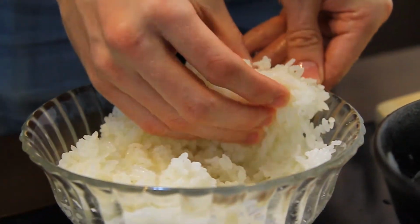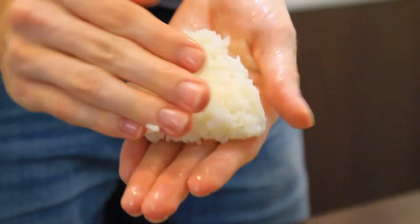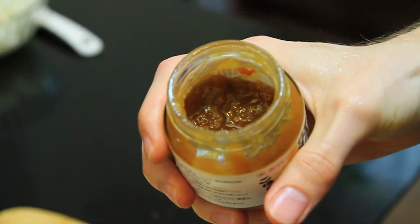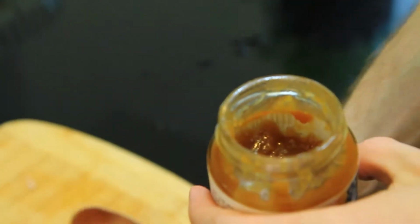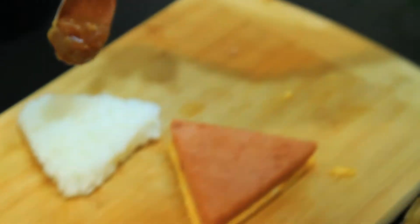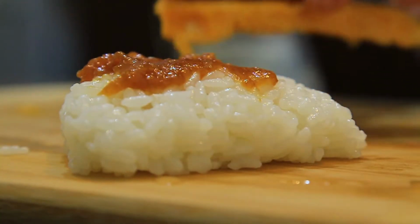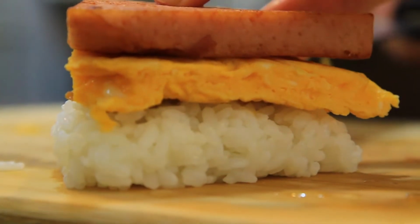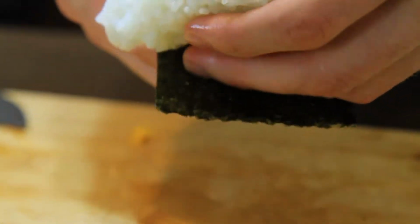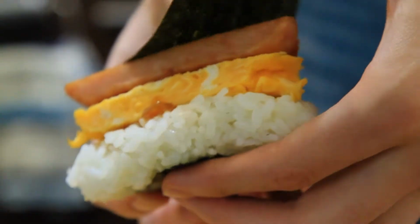So make the same sized triangle as the last ones, just use a little bit less rice. Then we can go ahead and add our andansu, as they call it in Okinawa, or Abura miso, which is basically Okinawan miso made of miso mixed with pork fat. Wrap that up with a leaf of seaweed, plate it,